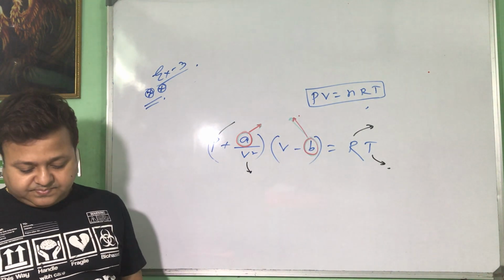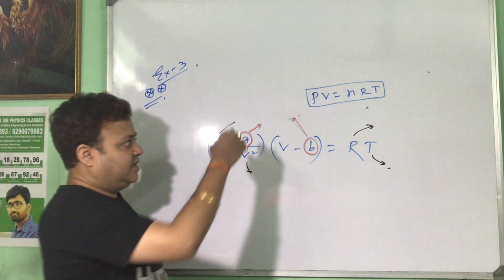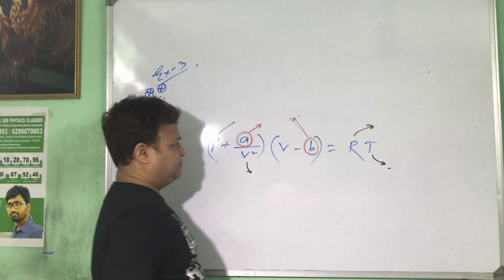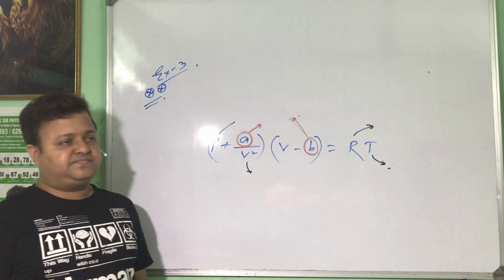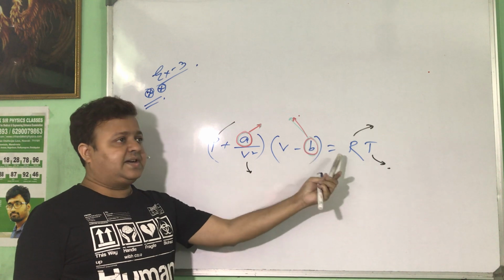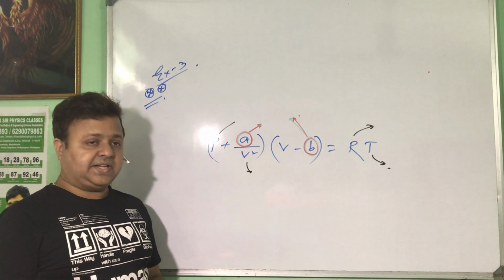Write down the equation. This is the van der Waals equation. উপরেরটা লেখার কোনো দরকার নেই। van der Waals equation, P plus A by V square, V minus B equal to RT, star দিয়ে রাখবে, ইম্পর্টেন্ট, কিন্তু এক্সামে আসবে।